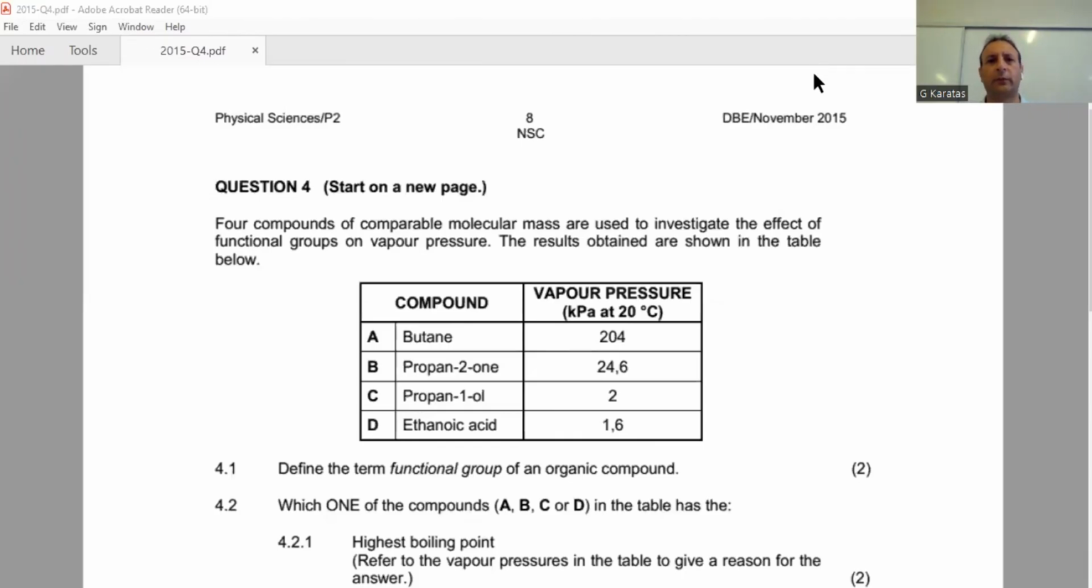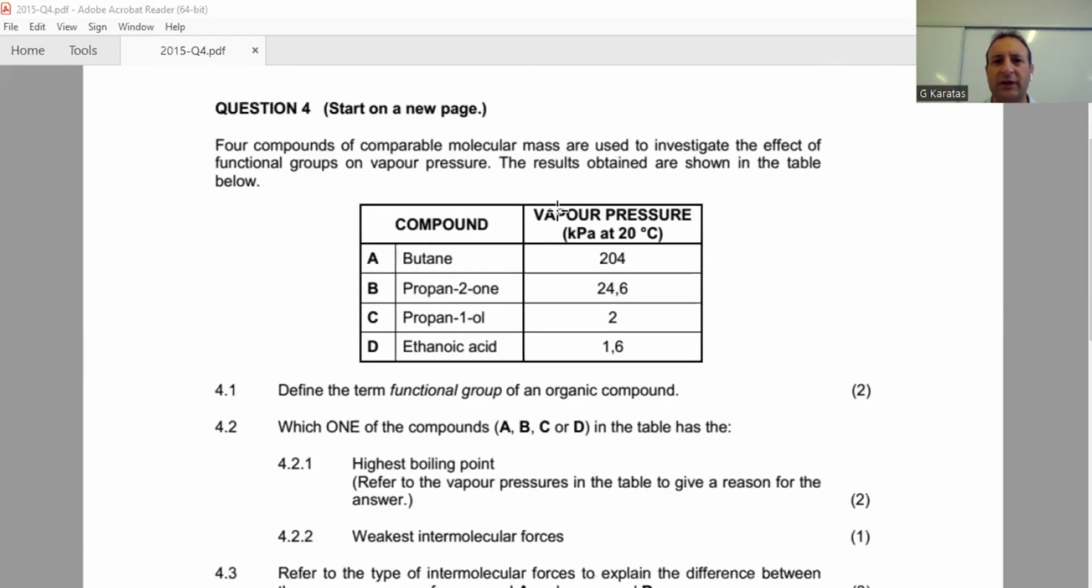Hi everyone. Today we will go through November 2015 question 4. Question 4 is related to organic chemistry, physical properties, and intermolecular forces. This question starts as